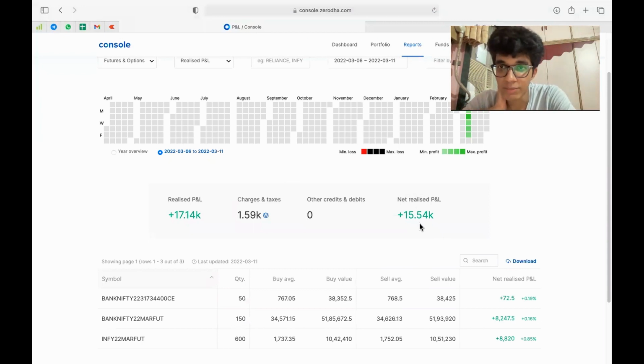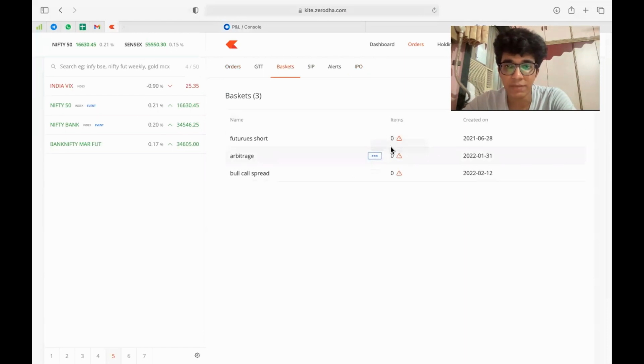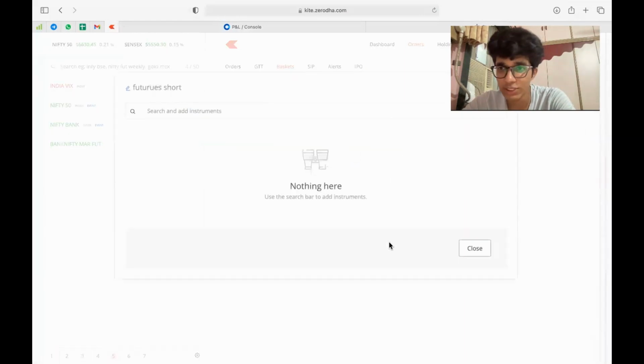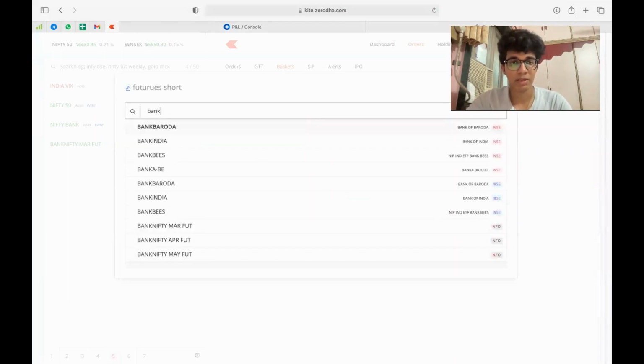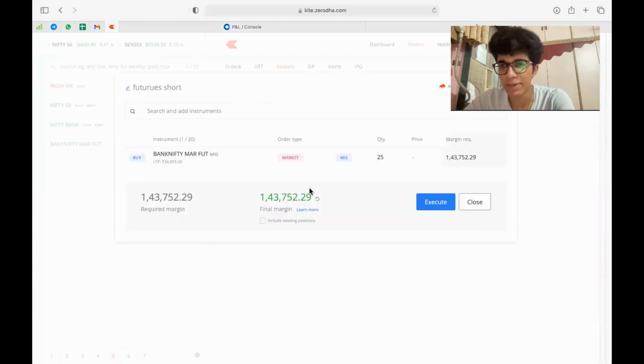The reason I'm taking 1,50,000 is because we've used it and gotten it back in our account the very same day. These are intraday trades. And another thing which I keep telling people is, let's say I want to improve my return. Bank Nifty future costs 1,43,000, correct? That's why I assumed it to be 1.5 lakh, and that's how I got my return, 15,000 by 1,50,000. But let's say I want to improve my return.